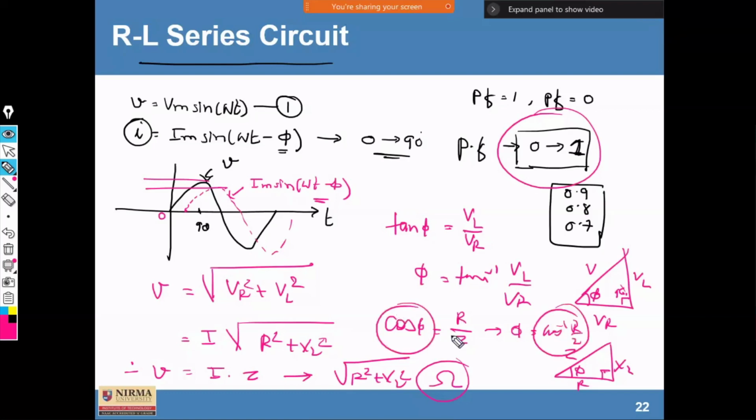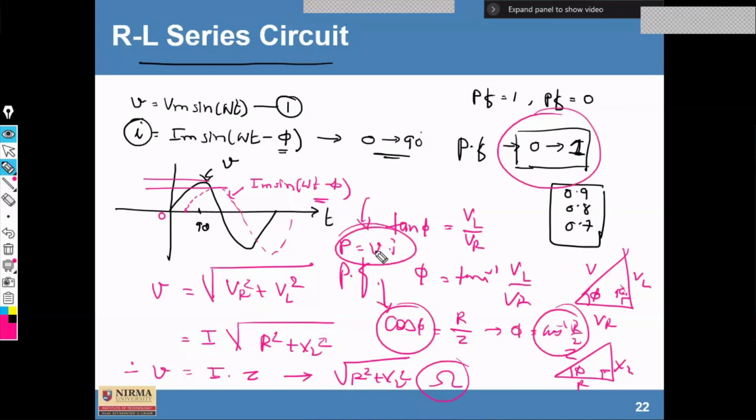Why have we written cos phi here? Because cos phi is known as the power factor, which is a multiplying factor of the apparent power equation, P is equal to V into I. Correct? Today we are going to discuss this apparent power, active power, and reactive power, and then we'll jump directly into the RC series circuit. So this is the voltage triangle, impedance triangle, and then we have derived the equation of power also.